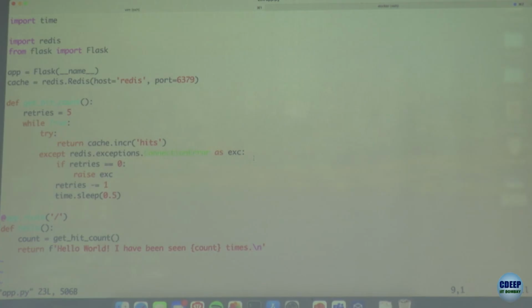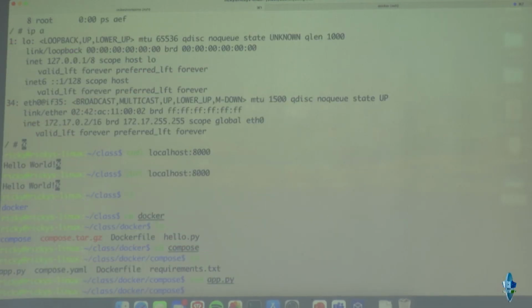The communication to the Redis server happens via this line. As you can see, there is a Redis host on port 6379. So in the container namespace, on port 6379, the Redis server will be running. Now you are running this Flask application, and in your Dockerfile you can define whatever port you want to expose this Flask application on. Okay, so this is the application file, and there is this Dockerfile,